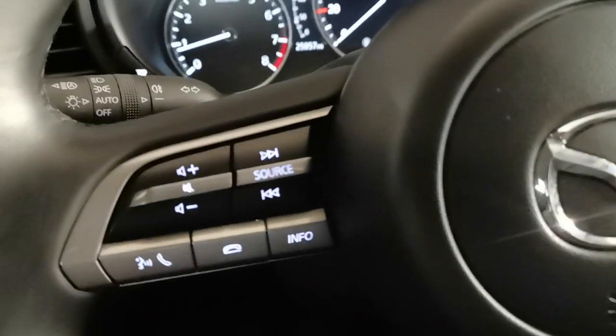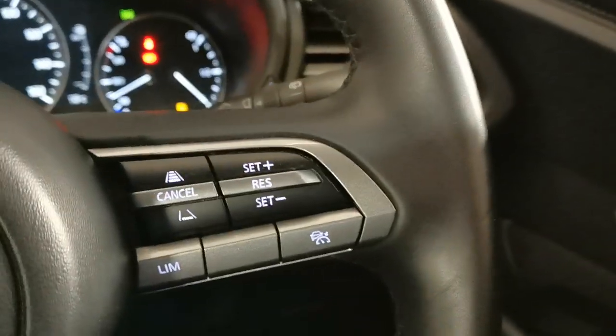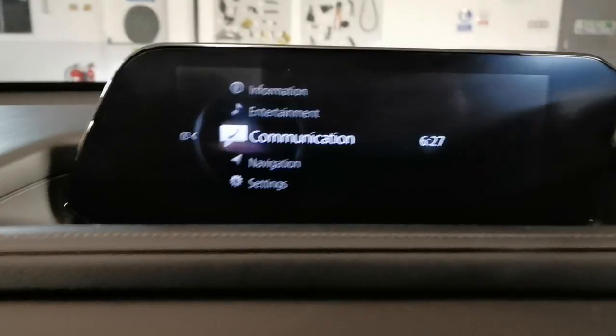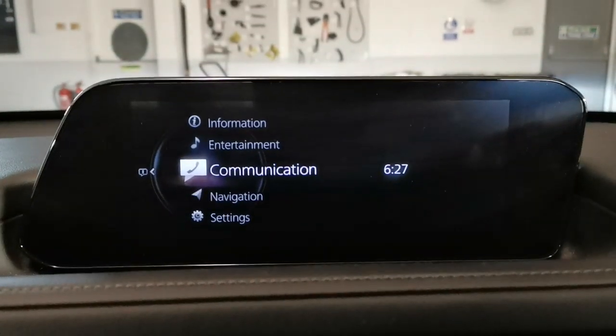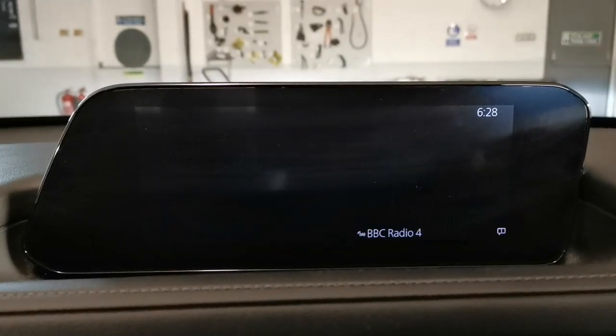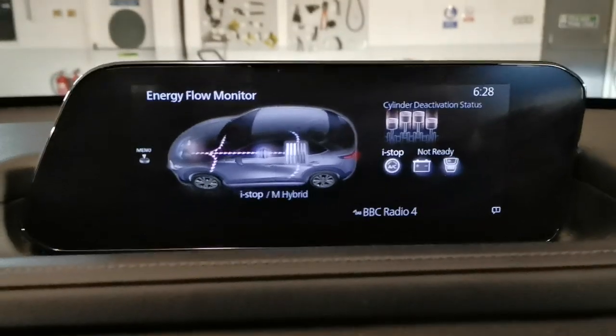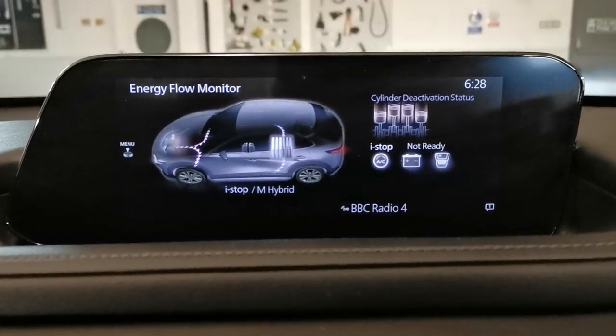So briefly to recap on this, info button, integrated Bluetooth with voice control, radar cruise control there. This central screen, which I'm now going to show you how operates through this main navigation wheel, is like so. Information button, fuel efficiency monitor, there we are, comes up with Mazda's energy flow monitor here, which shows Mazda's M hybrid technology,